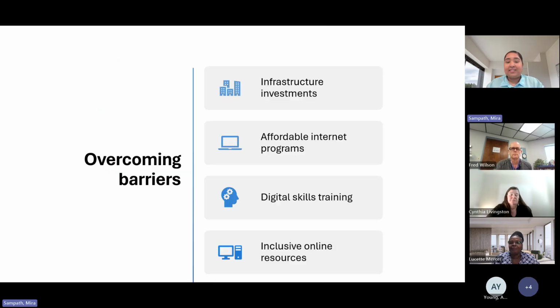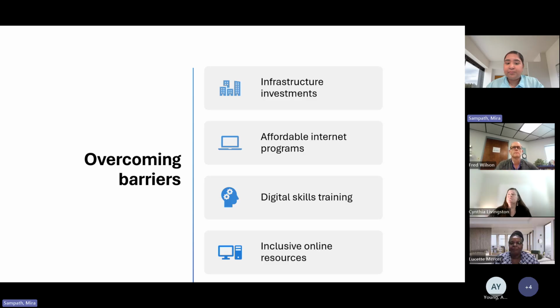And with that, we did have this slide. We wanted to talk briefly about overcoming barriers. We've touched on so much of this, but again, infrastructure investments, which I think are definitely happening in North Carolina, so it's really great to hear about all of that. Affordable internet programs. Additionally, related to that, I also want to share this. I'm sure many of you may have seen this, but in case you haven't, the National Digital Inclusion Alliance does have a repository. They created this after the Affordable Connectivity Program wound down. It has a list of affordable programs in North Carolina. I think it goes by state. So if that's a helpful resource, just wanted to share that as well.